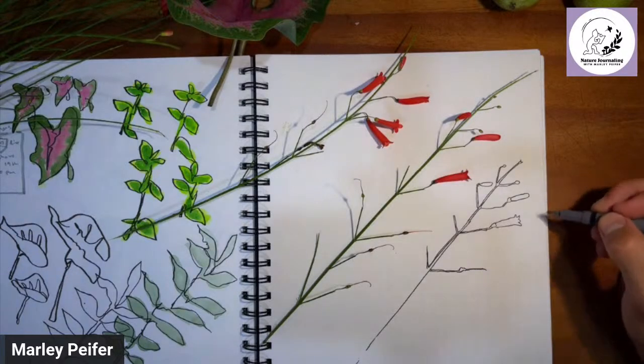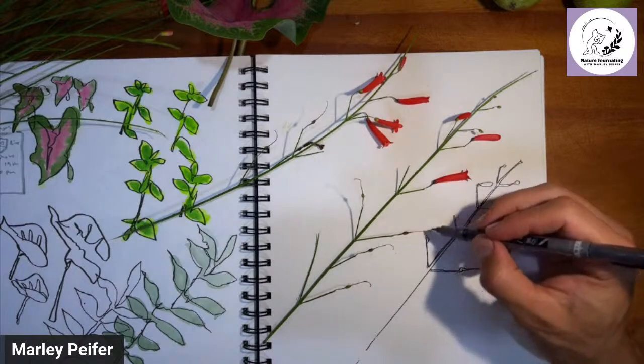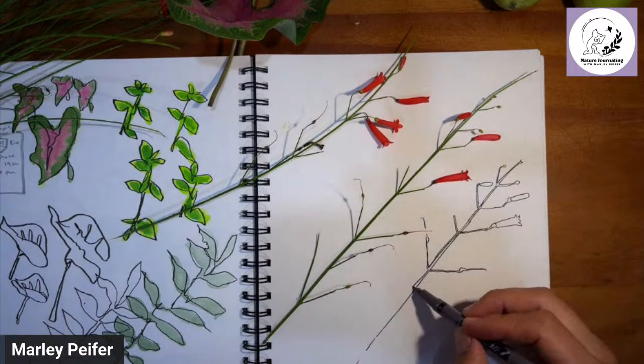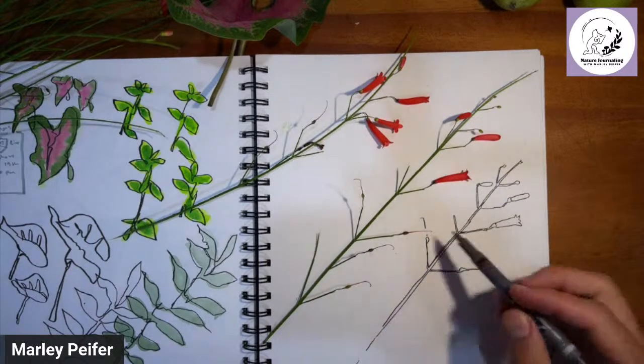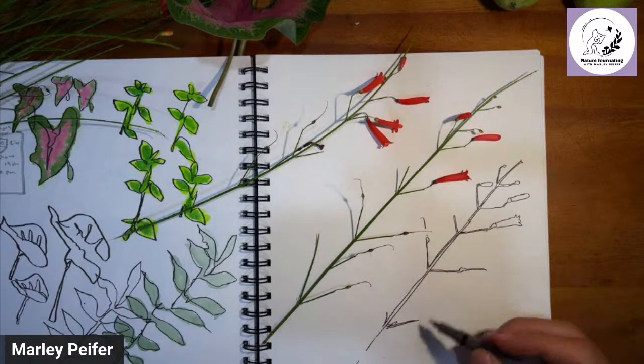It looks like we've got stages here of these flowers, what look like flowers. And it looks like the distance is getting bigger as it goes down. Don't forget, towards the end,